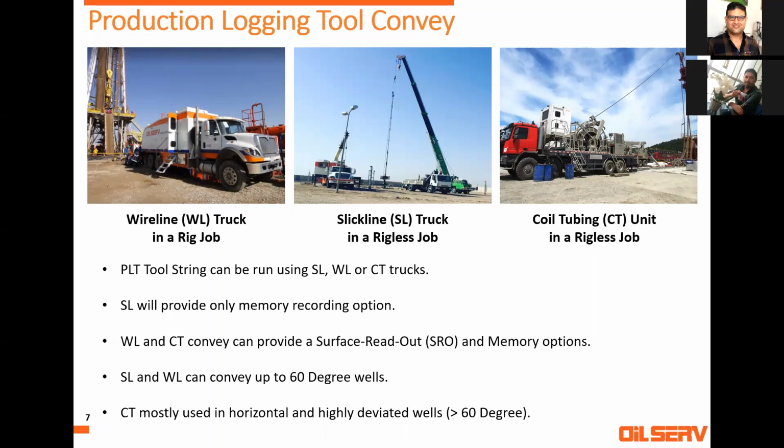No problem. So what I meant is, slickline and wireline cannot convey the PLT tool in wells of more than 60 degrees. When you run the tool in the well and reach 60-degree deviation, the tool stops. You cannot push it anymore. So what you need in this case is the coiled tubing unit. Can you see my mouse? Yes, we can see that. My mouse wasn't on this screen, I was on a different screen. So when you have horizontal or highly deviated wells, more than 60 degrees, you will need to use a coiled tubing unit to get your PLT tool to the target zone.